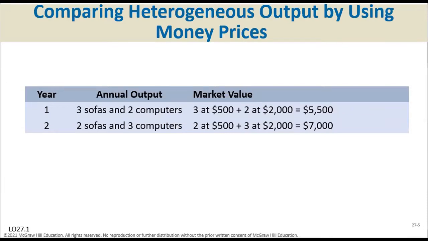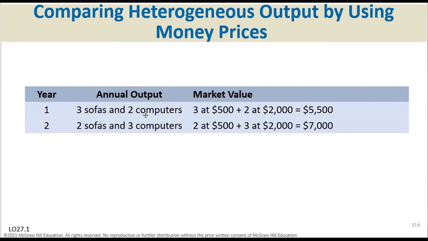So if you look at this example here, year one we produce, you can say that we produce 5 units of a good, right? Year two also we produce 5 units of a good. So if you look at it on the quantity, the output produces 5 and 5, but the mix is different.